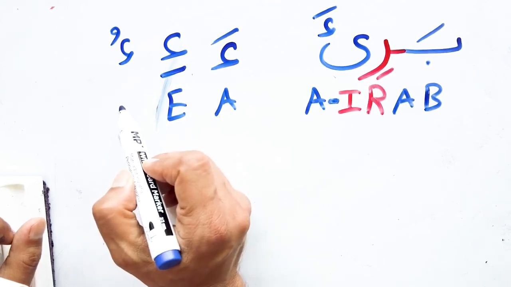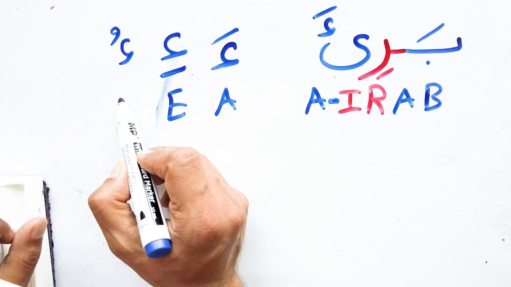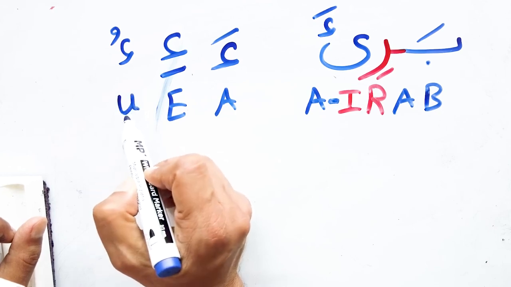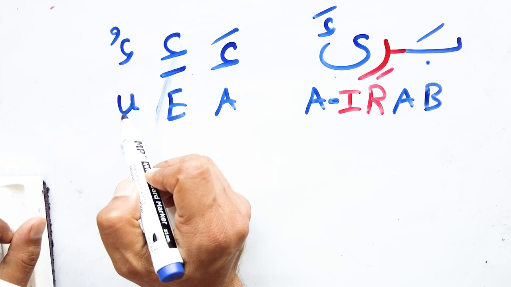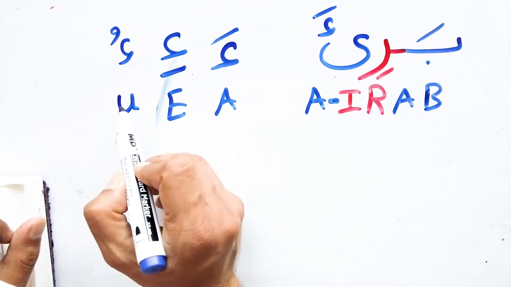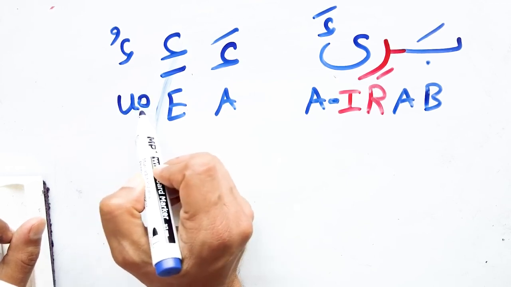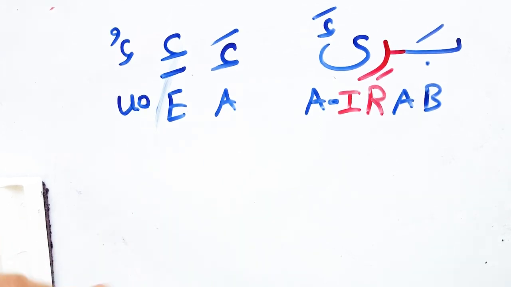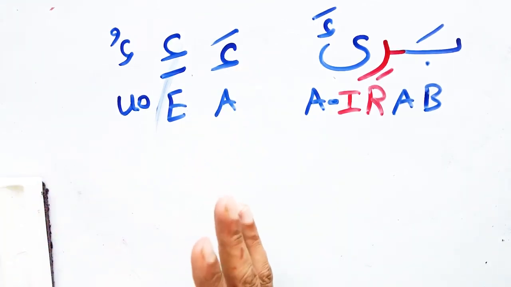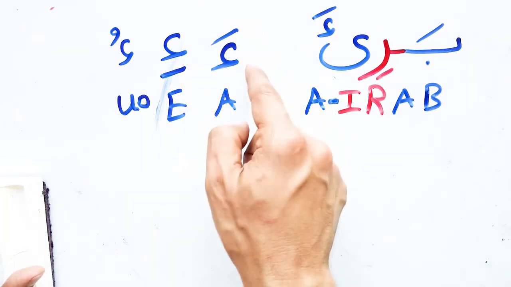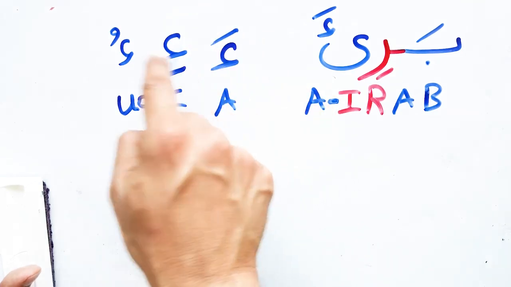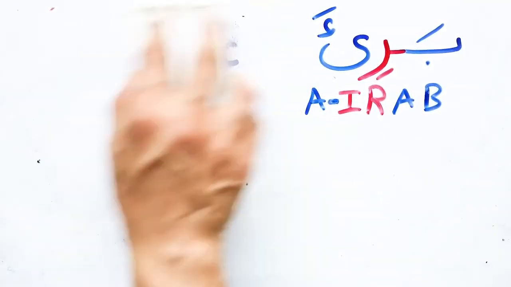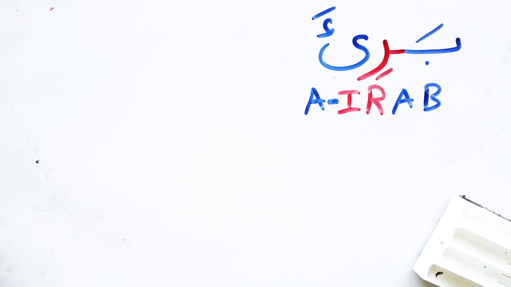How can I write u in English? I don't know. Let's put it like u, but you pronounce it like u, u, u. So it is a, e, u. Whatever the hamza is on, alif, ya, or waw, it doesn't matter. What matters is where the diacritic is. Is it on the top? Is it fatha, kasra, or dhamma? Bari'a, fashakara.